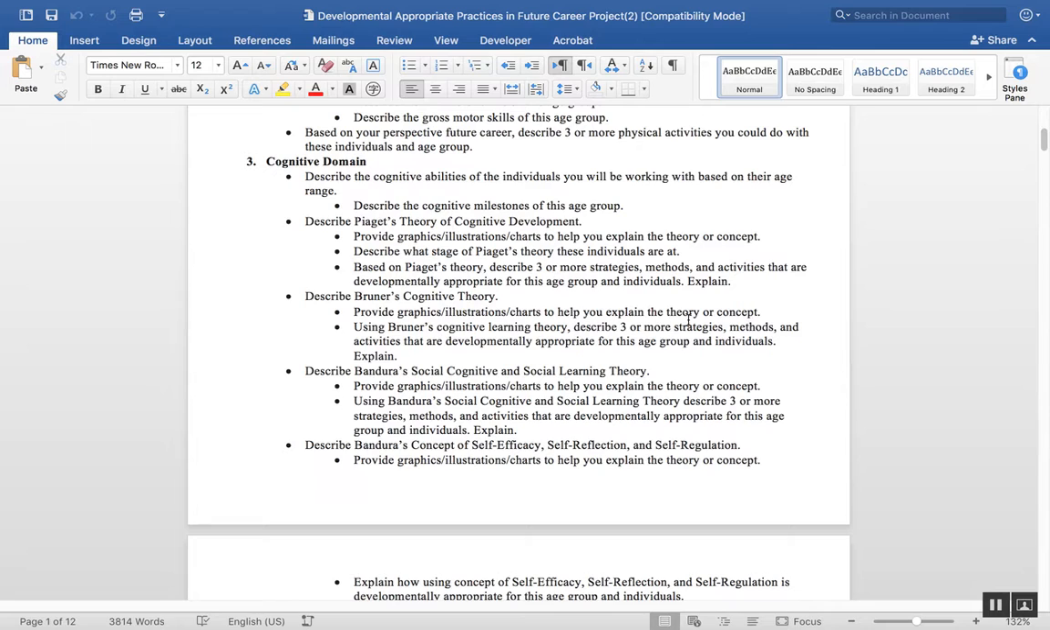The next part, you're going to describe Bruner's cognitive theory. You're going to provide graphics, illustrations, and charts to help you explain the theory or concept. And then using Bruner's cognitive learning theory, again, you're going to describe 3 or more strategies, methods, or activities that are developmentally appropriate for this age group and individuals. And you're going to explain. Then it moves on to